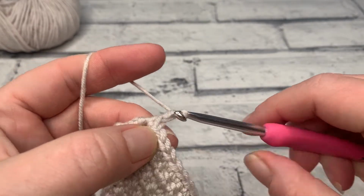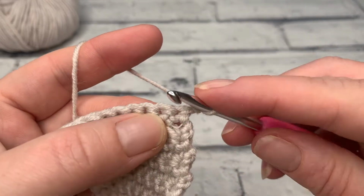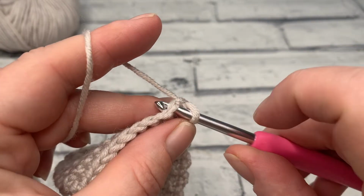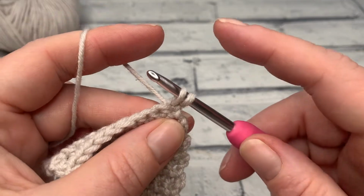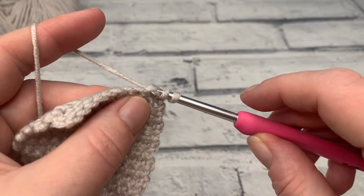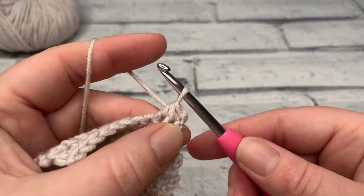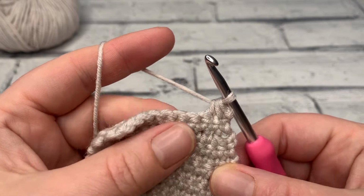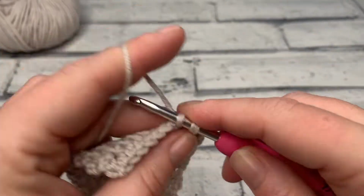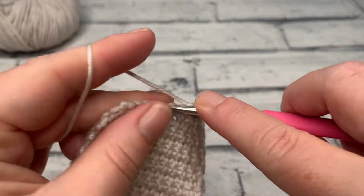So we start with our turning chain of 1, and we're inserting our hook underneath that first stitch, underneath that chain 1, yarn over, bring a loop up, and then we're inserting our hook into the next stitch, yarn over, bring another loop up, before we yarn over and pull through all 3 loops. We're then going to work 1 single crochet into each stitch across to the last 2 stitches,